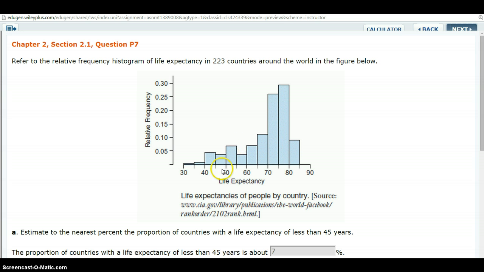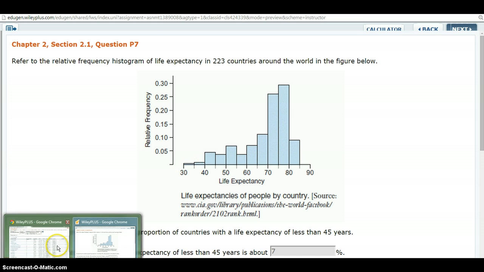Now, one of the first things I'm curious about when I look at this is this section of the data right here. What does that actually mean? Well, whatever this country or countries is representing here, their average age is only between 30 and 35. That's drastic. I would, on average, be dead by now if I were living in this country. I'm kind of curious what country that is. So I'm going to go to Google here.